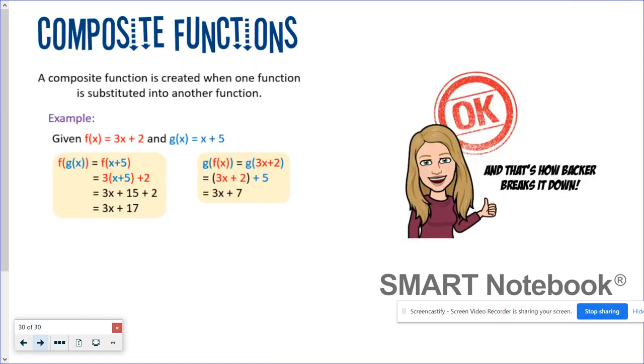So we can write composite functions by substituting a function into another function, okay? So whatever function is on the inside, that's going to get put into the outside function. So if you look at the example here, they've substituted g of x into f of x. So make the